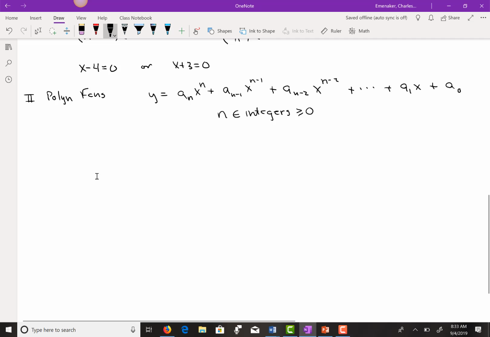Well, each of the a values is a coefficient. Could be positive, could be negative. Each of them has their own subscript, doesn't it? Like a sub n minus 1. That means they're each a different value. A couple of them could be 3. That would be fine. But they each have the option of having their own value. The other thing that's important to notice on this